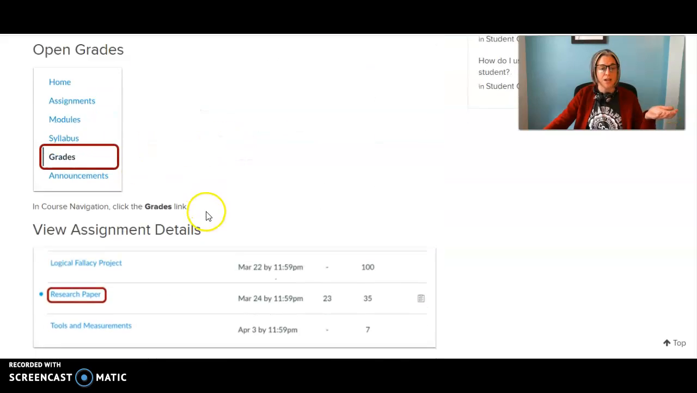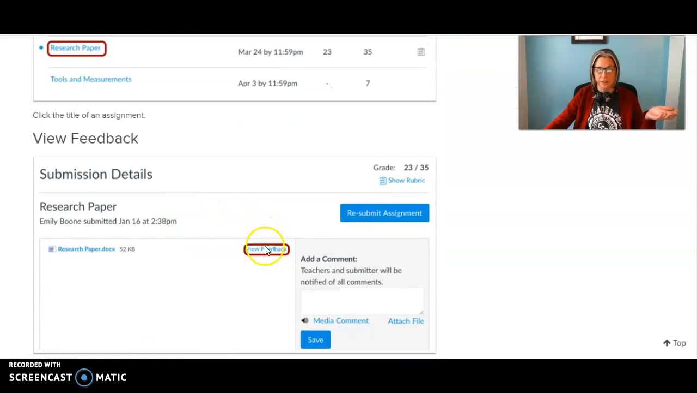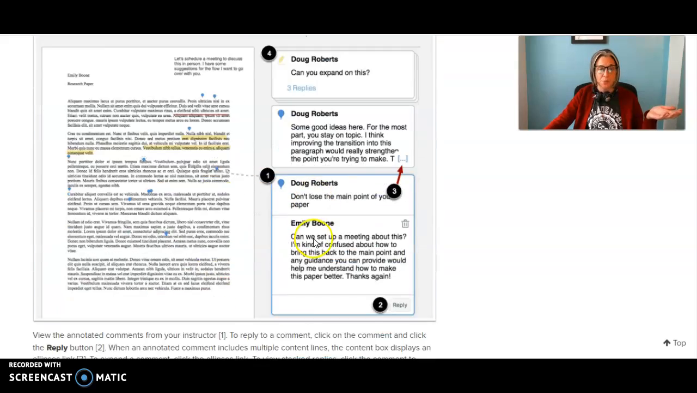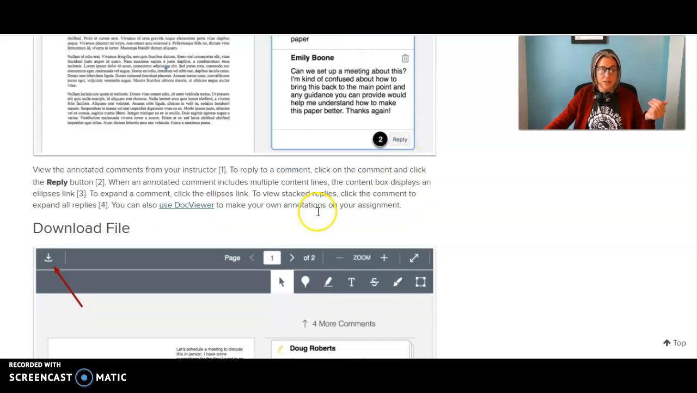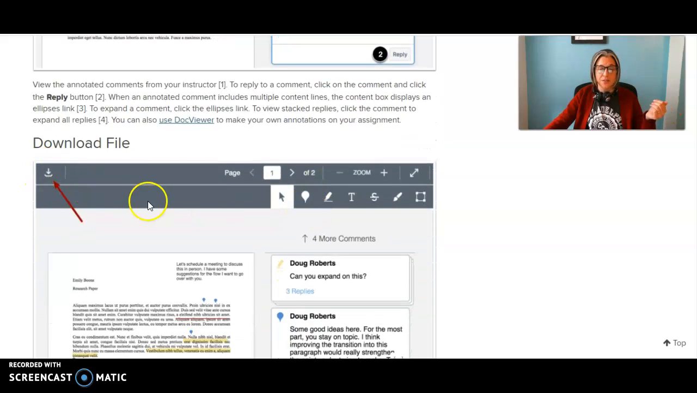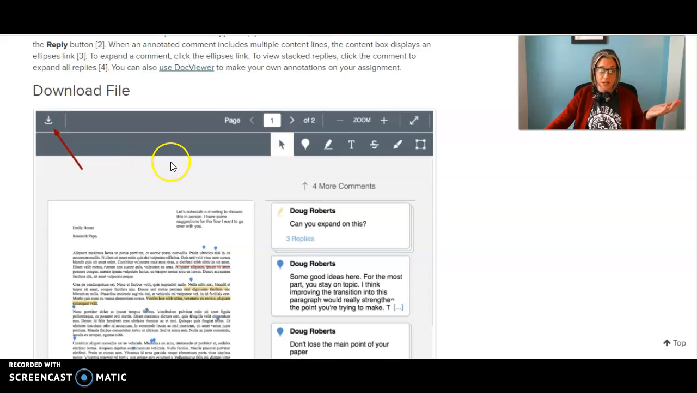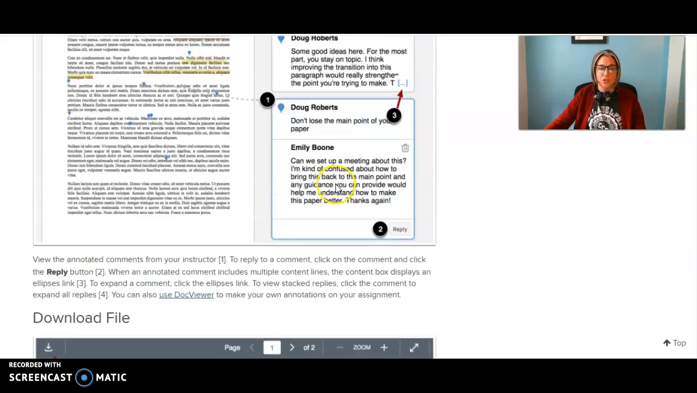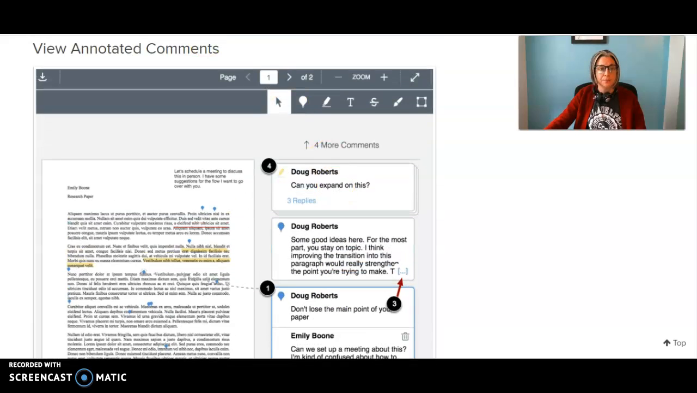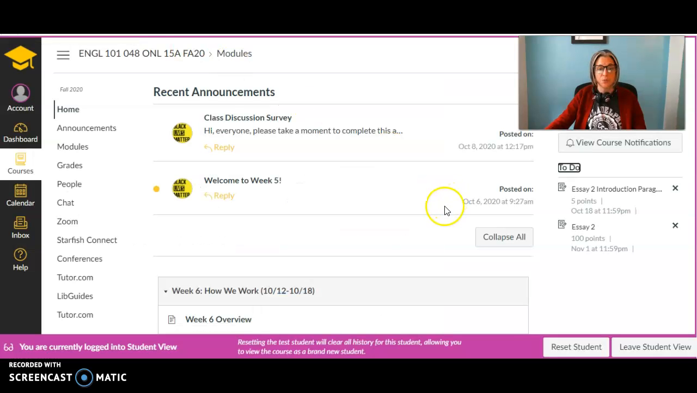So again, you go to grades, click on the assignment, and then click view feedback. This will pop up. And then, as you can see, you can reply to my comments. You can download the file. This is the icon if you wanted to download it and print it out. Or you can just read it in Canvas. Okay. All right. So that's Essay 1, how to view feedback. We showed you that this week. Okay. So this week,